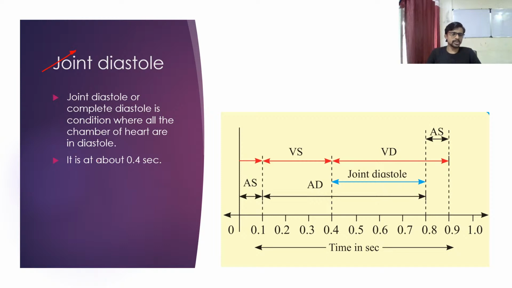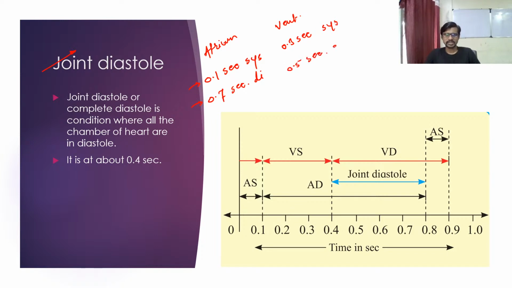So what is meant by joint diastole? If you see the atria, it takes 0.1 second for systole, and 0.7 second for diastole. If you see the ventricle, it takes 0.3 second for the systole, and 0.5 second for the diastole. Okay, so now we know,